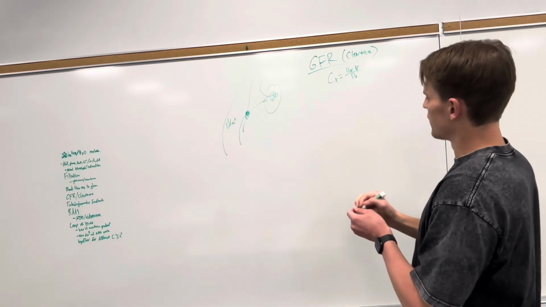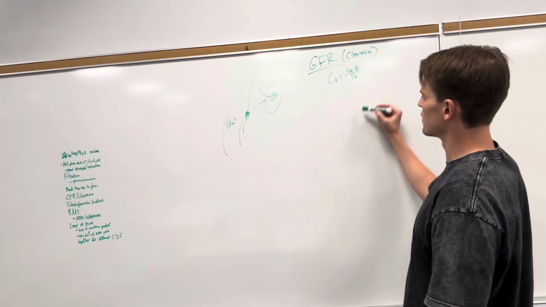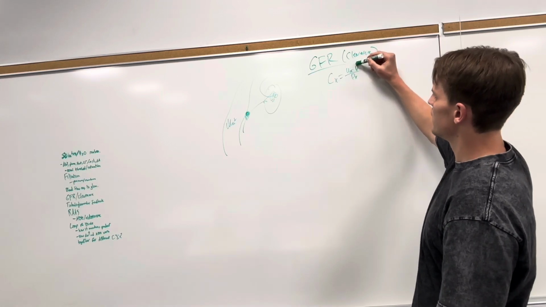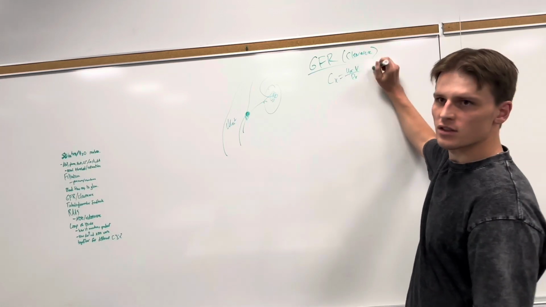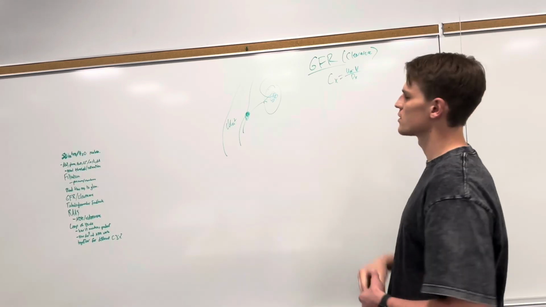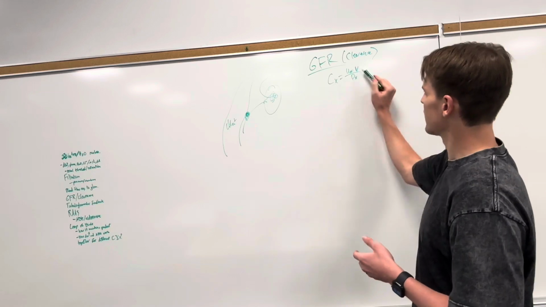These are a couple of different variables. C of x is clearance of a certain solute. X is a certain solute. U of x is the concentration in the urine. V is the flow rate of how much urine you're producing. And P of x is the plasma concentration. And so P of x is mostly normal. It's going to stay about the same. U of x and V